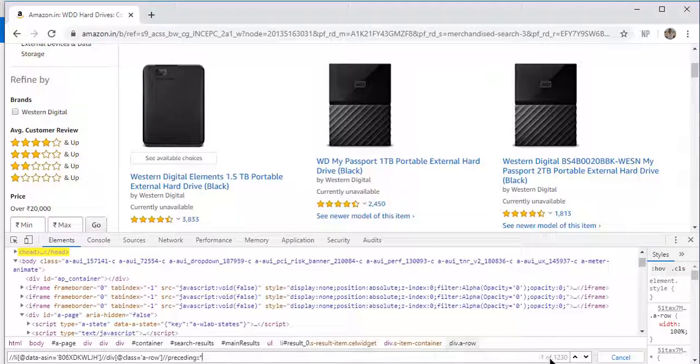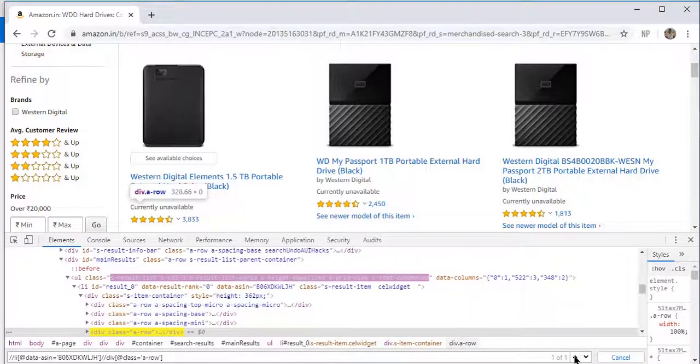So it can take 1, 2, 3, or 0 number of elements. Over here you can see the number of elements, and it will highlight that particular element. So if you go with this one, it is saying we are uniquely getting that particular element. So this is the XPath, and you can directly use this XPath in your automation. Okay, so first I will cover preceding siblings.